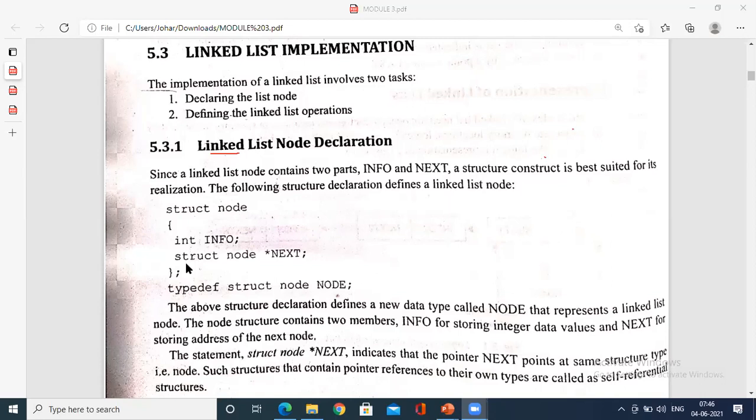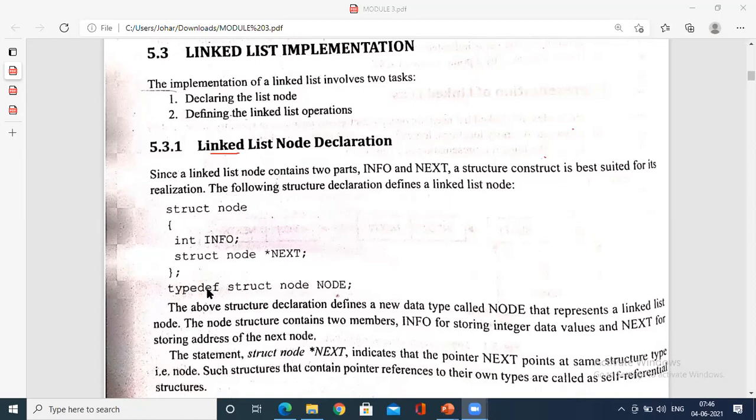What does the struct node consist of? Two compartments, no? One is information, next is the address of the next node. So we have a struct node pointer variable called next. Next represents the address of another variable. So this is called a declaration of the structure.